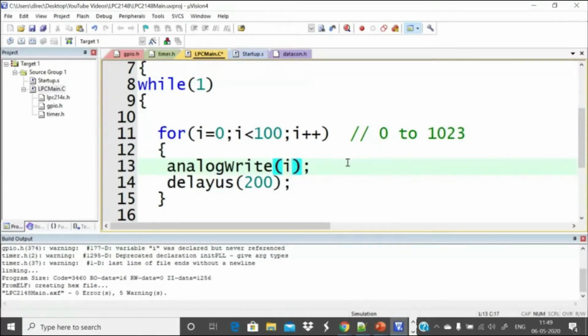So what is the value that I should write? Let us not worry about 1023. Let us worry about 1000. If you divide 1000 by 100 samples, you end up getting 10. So I simply multiply i by 10. I end up getting an analog waveform from 0 to 1000. That is good enough for me.